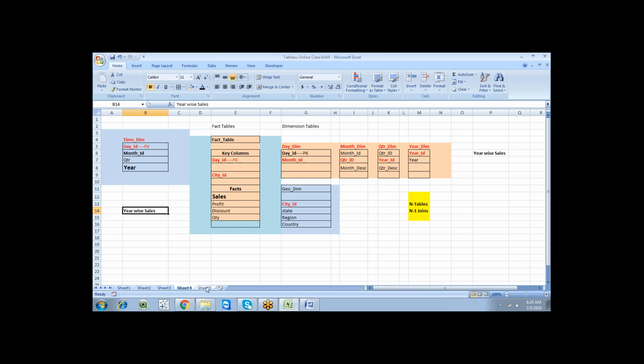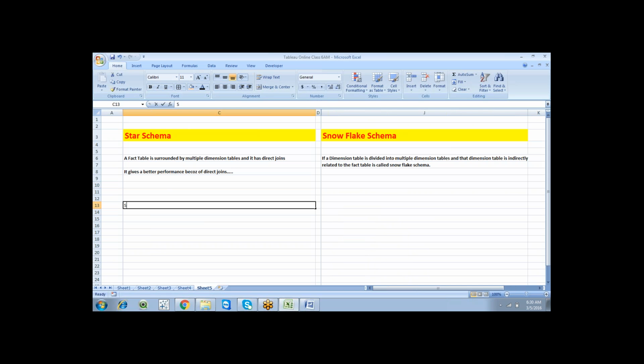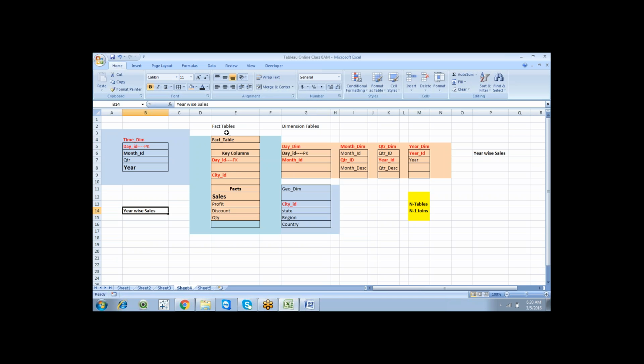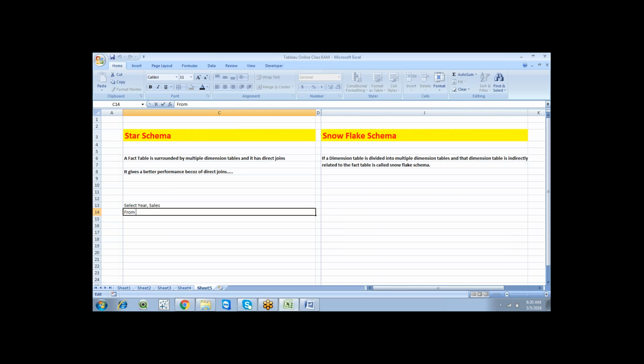So the select query for the star schema is: select year, sales from table name. We need two tables, the fact table and the time dimension table.